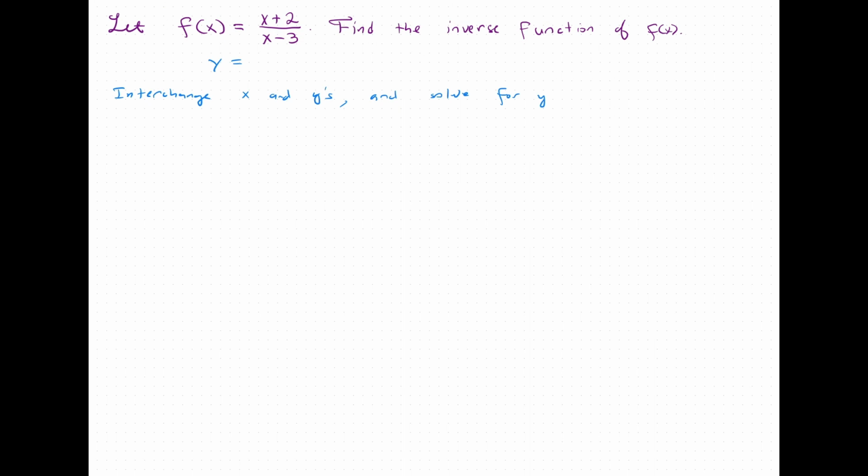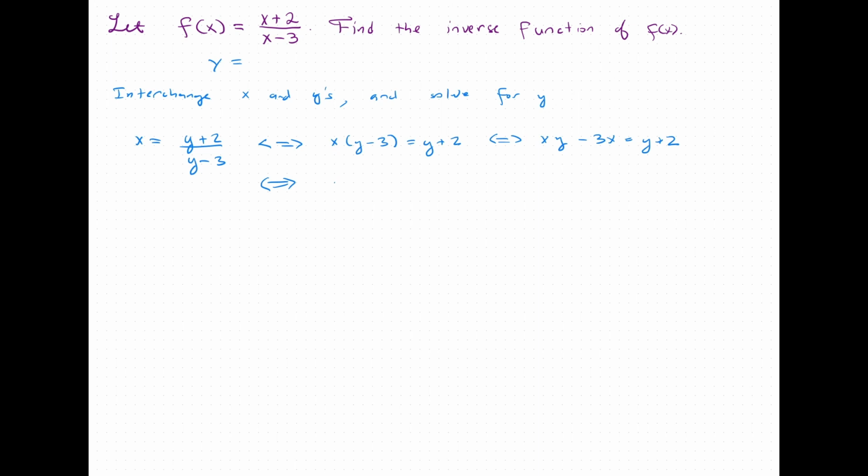If we interchange the x and y's, we will have x is equal to y plus 2 over y minus 3. We multiply by y minus 3 on both sides. We have x times y minus 3 equals y plus 2. And now this gives us xy minus 3x equals y plus 2. But we want to solve for y. So let's bring everything that has y's to the left-hand side and everything that has x to the right-hand side. And that will give us,